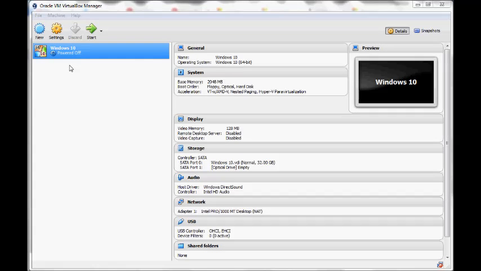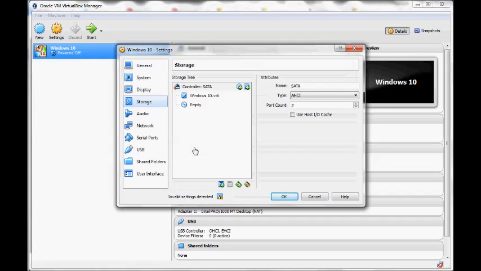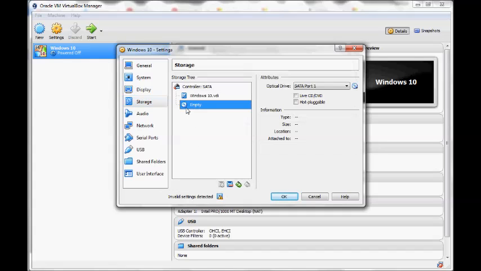Okay, now that we have our virtual machine created, we need to tell it where to boot from in order to be able to install Windows. So we want to go over to where it says storage over here and click on the word storage, and then click on the CD-ROM icon right here,